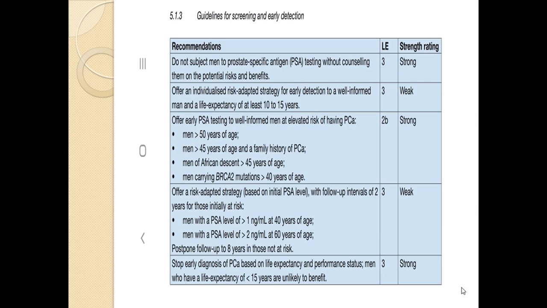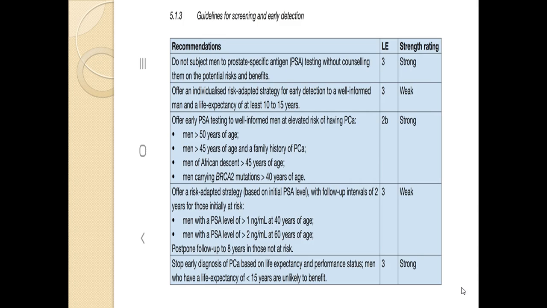So, guidelines for the screening and early detection usually recommend: do not subject men to prostate-specific antigen testing without counseling them on the potential risks and benefits. Patients should be counseled about the potential risks and benefits of PSA screening according to suspicion of the disease. Offer an individual risk-adaptive strategy for early detection to well-informed men with a life expectancy of at least 10